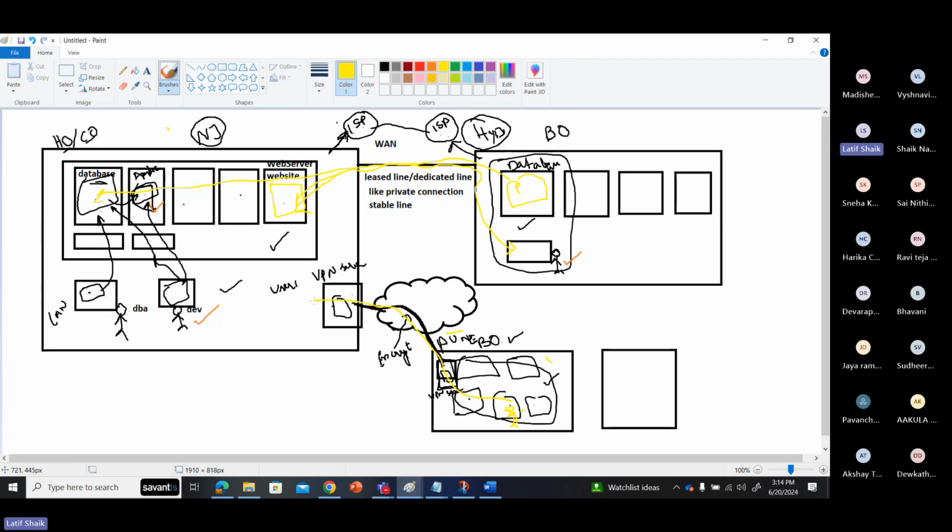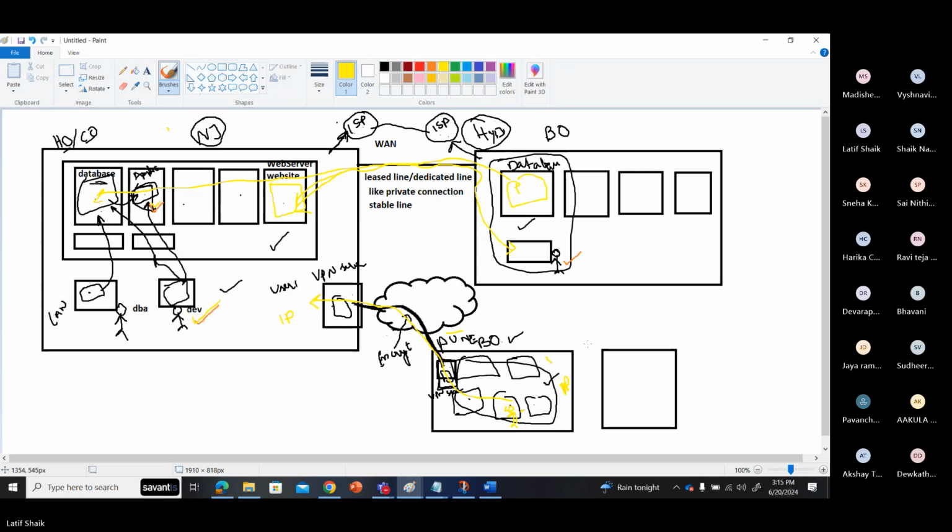So it looks like you are connected in the local area network, because whatever IP address network is there, the same IP address network is assigned here. Both look like they are in the same LAN. The way this user connects to this server through the LAN, the same way we are able to connect.